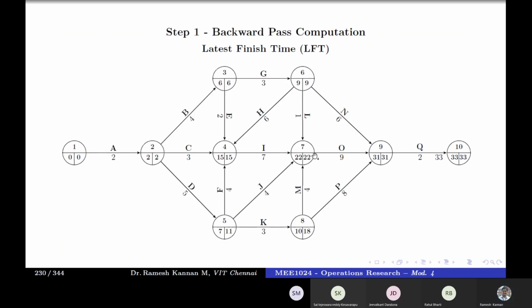Okay. And in a backward pass, we have only got the LJ value, so we don't have any other succeeding activity. So the minimum of that will become 33. Okay, so 33 will be here. Then 33 minus 2 will become 31. So this is how you calculate the LST, latest start time. So we only get LFT in the backward pass. LFT minus the duration will give us LST.